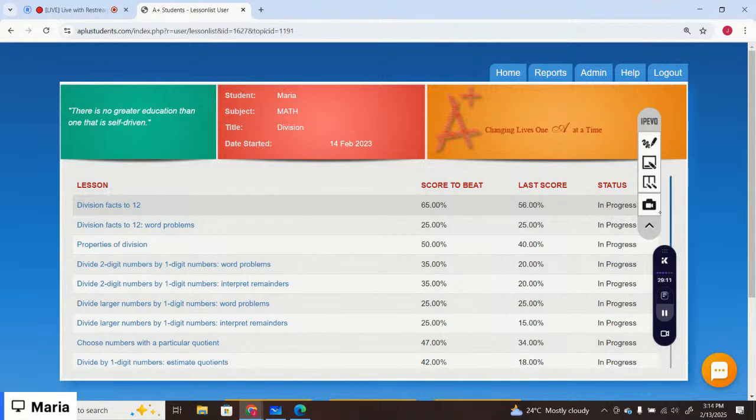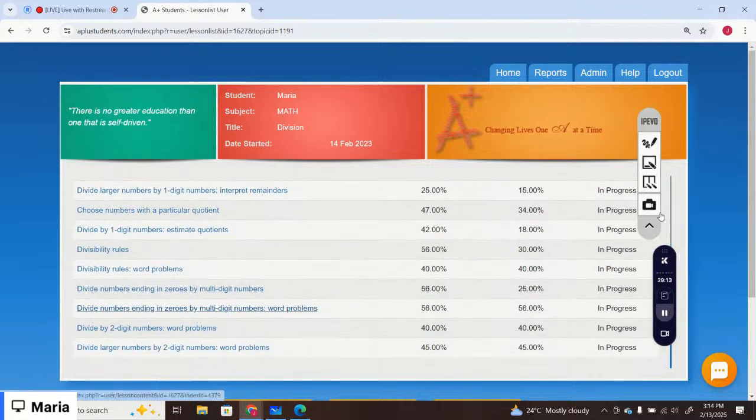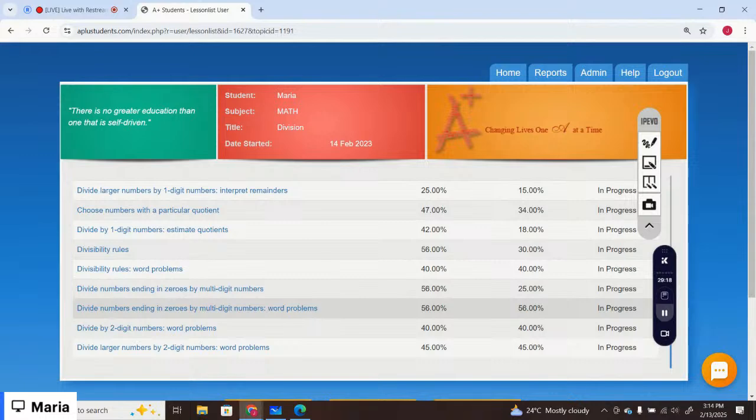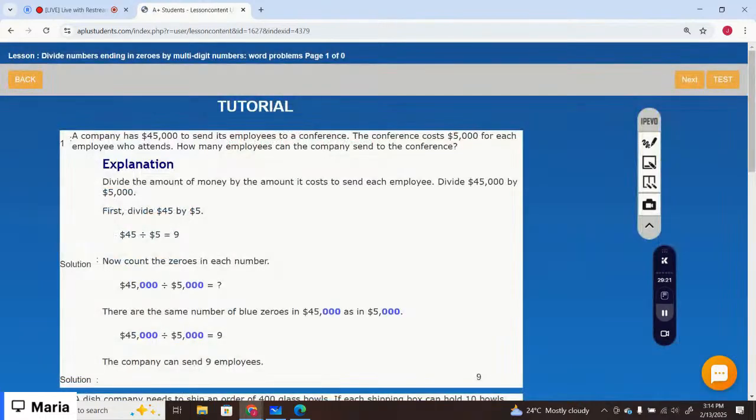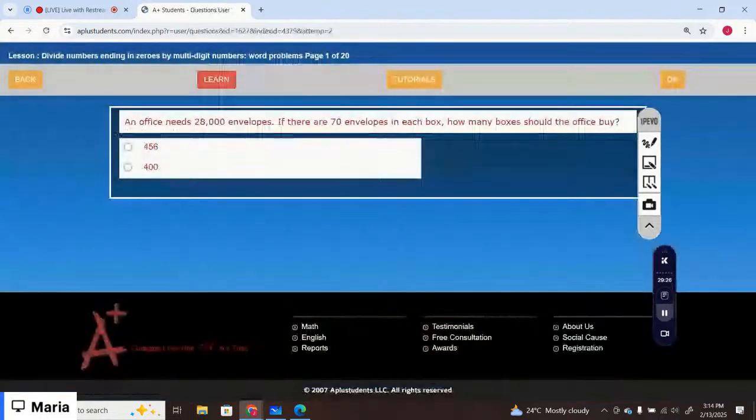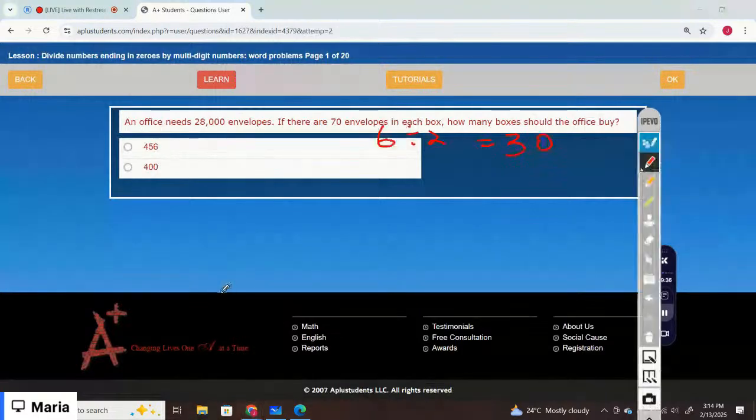The next lesson is divide numbers ending in zeros by multi-digit number word problems. So start with the lesson. I'm going to start with the test questions. You can have a look on the tutorial by yourself. They are already solved. An office needs 28,000 envelopes. If there are 70 envelopes in each box, how many boxes should the office buy? So you have to do